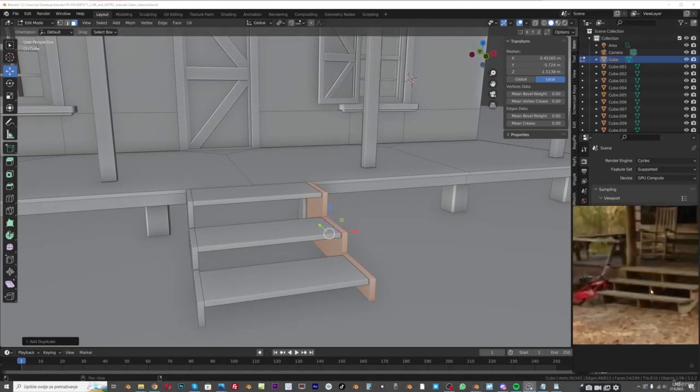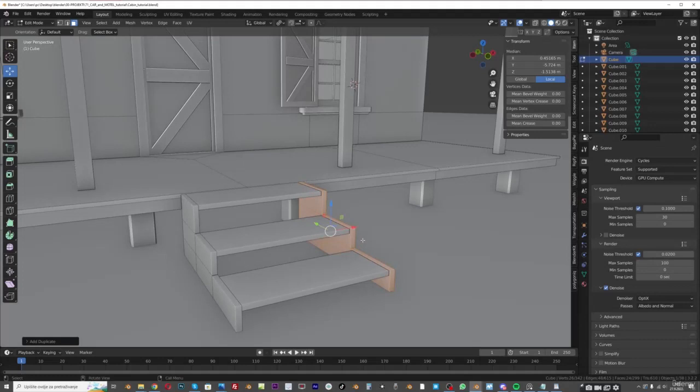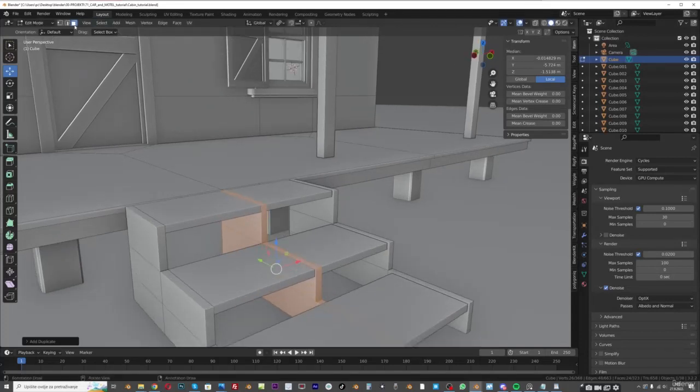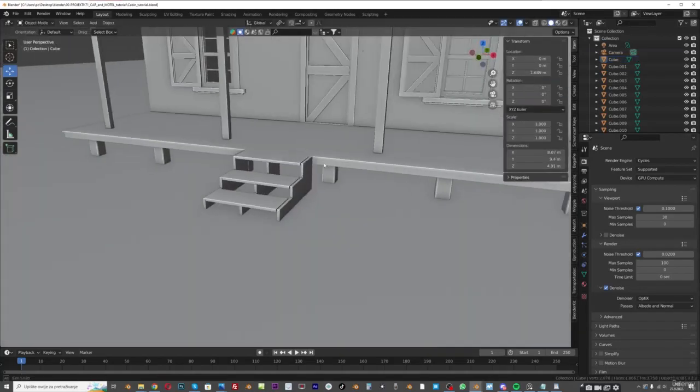And I will also duplicate one in the middle, so let's go with Shift D again and put one here, and let's scale this down a little. Or we can just grab this face and bring this down, and this one also. Okay, I think this is